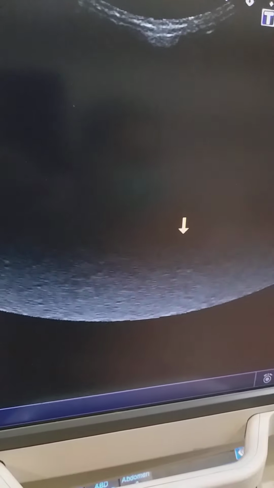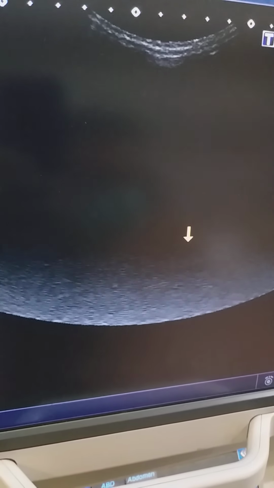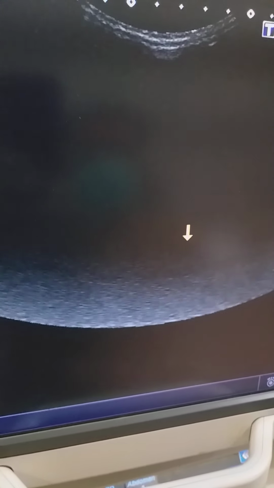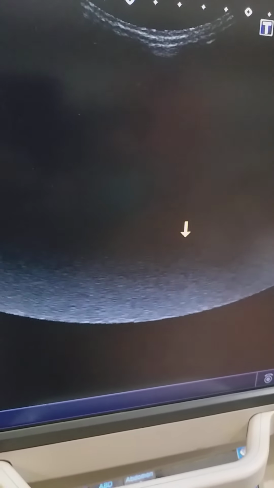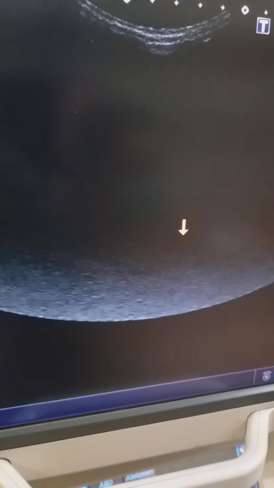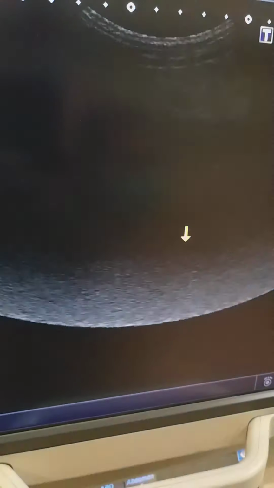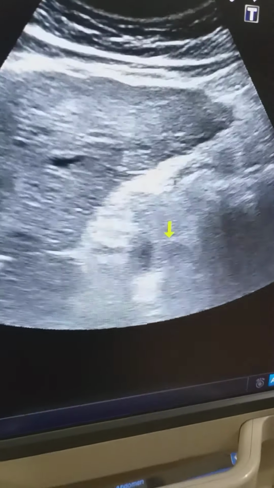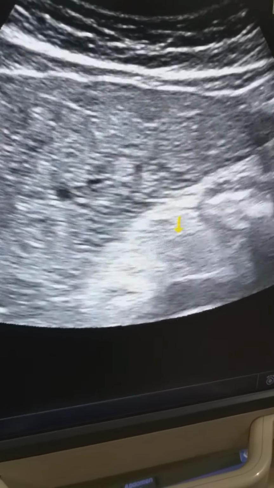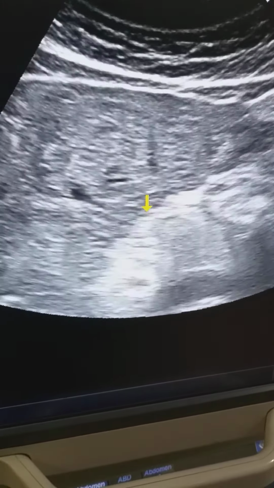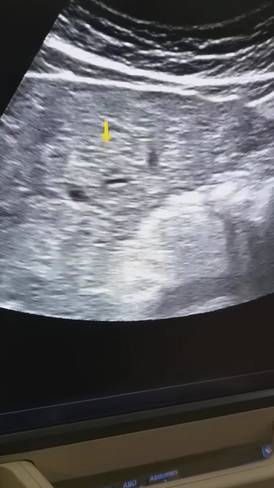Okay. Now I am going to see another patient. This is another patient. Here you can see that if we compare the previous liver, echo texture and margin,